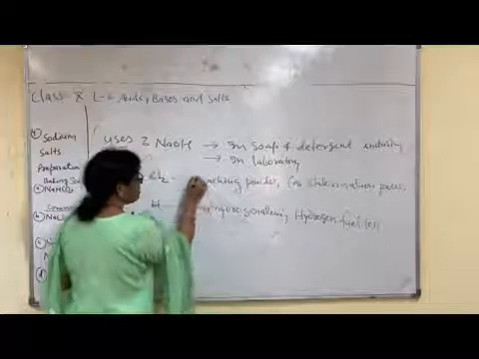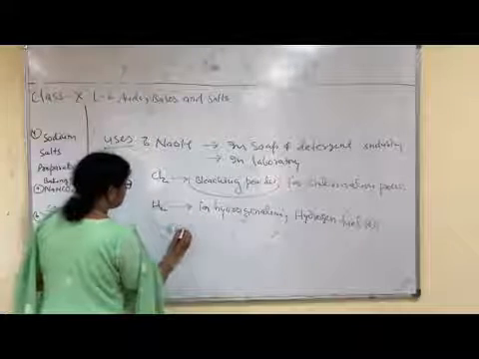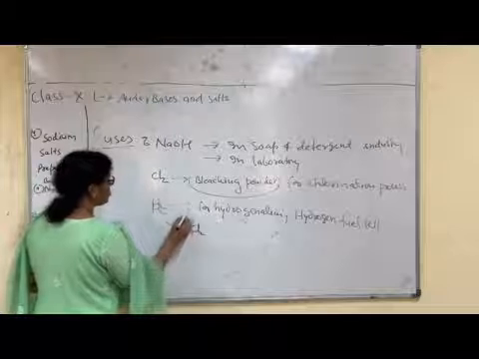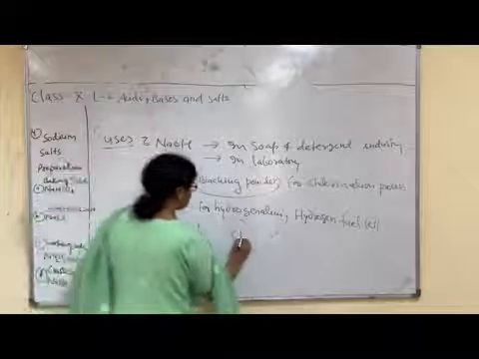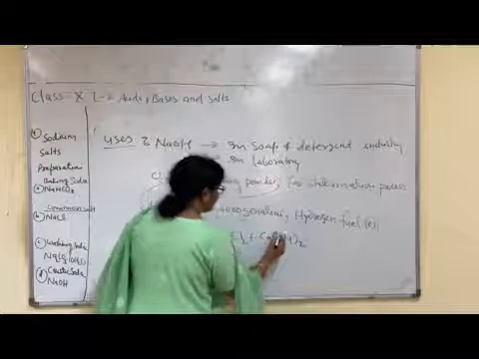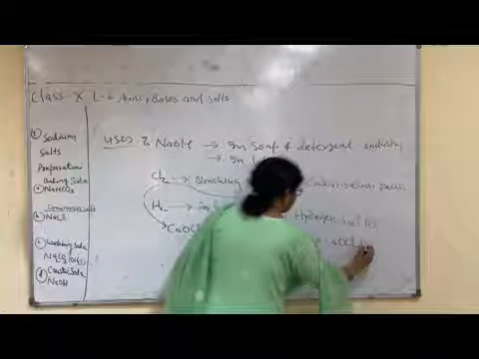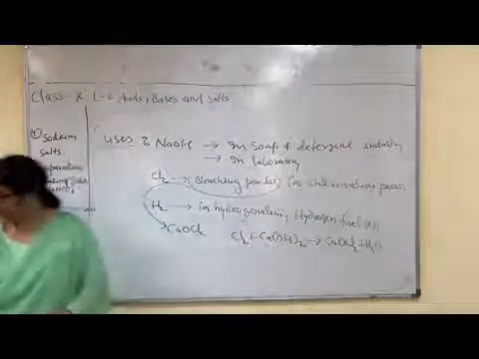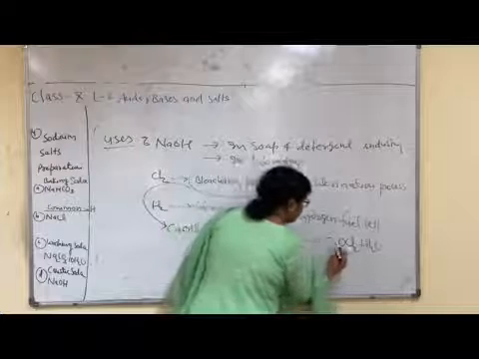Three important uses, children. Bleaching powder. What is bleaching powder? CaOCl2, right? This bleaching powder is obtained from chlorine gas. When chlorine gas reacts with the lime water, what is lime water? Calcium hydroxide, then formation of CaOCl2, right? Bleaching, because this is used as bleaching agent. Bleaching powder, calcium oxychloride,